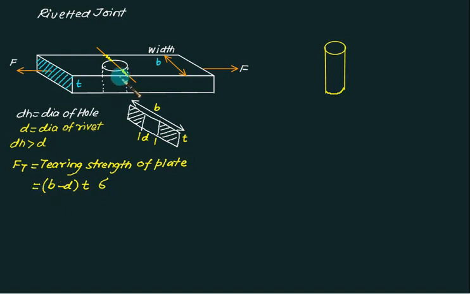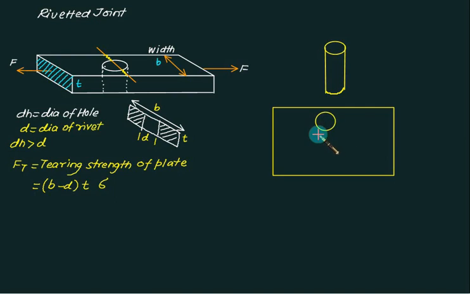Instead of this, if I have this figure, with one hole here, one hole here, and one hole here, now they are in the same line. And if I have this width equal to B, then the area this time equals B minus 3 times D, multiplied by T multiplied by sigma. Is it the force it can withstand? Nobody makes such big holes. So this one is failure along the width.